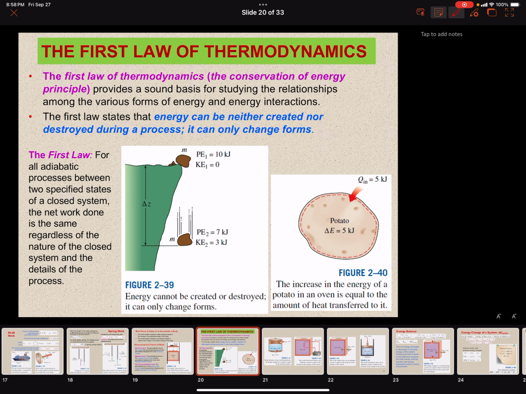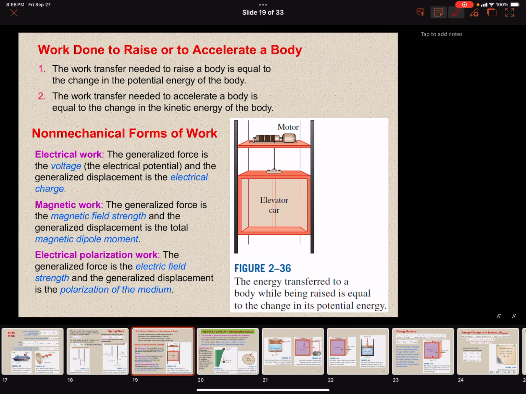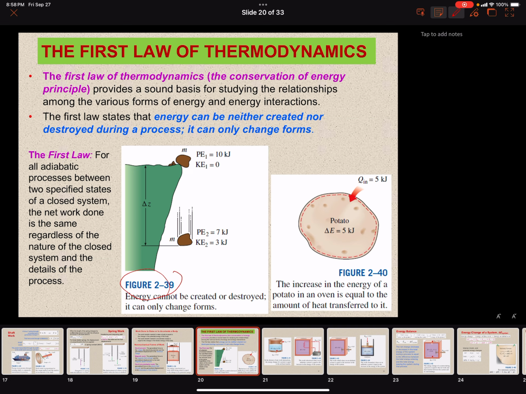This slide, by the way, this figure is related to the previous slide here. So they talk about the elevator. We talked about the potential energy and the kinetic energy. So I don't know why they put it here in this slide. Anyway, so for